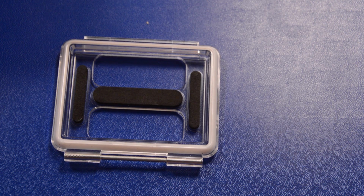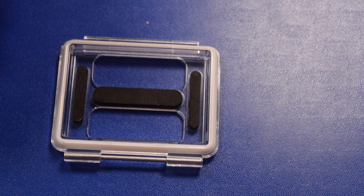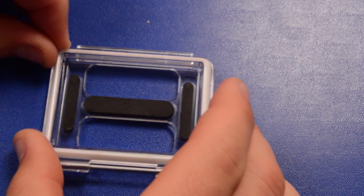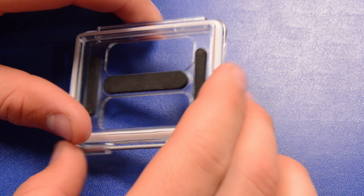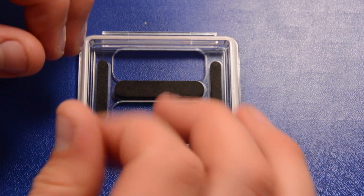So what's the number one way to keep your O-ring in good condition? Well, it's to make sure that it's clean. If it's dirty, that dirt can create an imperfection in the seal and therefore water can get in. If it's clean, the seal should be pretty good. So as you can see, this one's pretty good. There's a couple little hairs on it here. We can just kind of wipe them off. You can wash them. You can get them in some water and you can just kind of wash that dirt